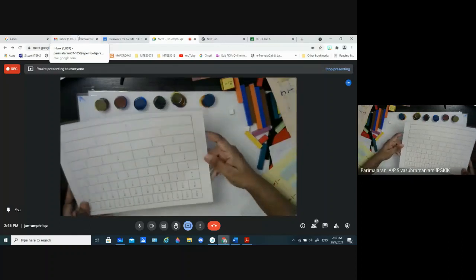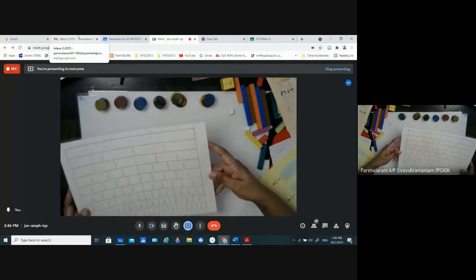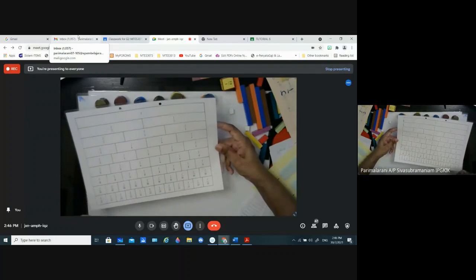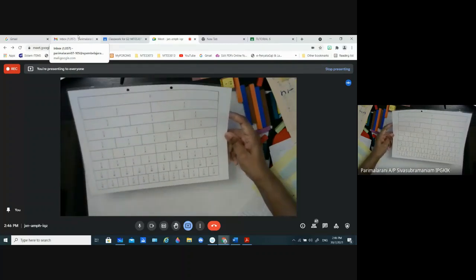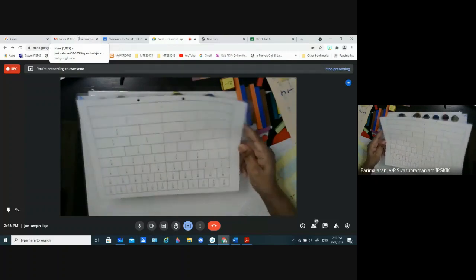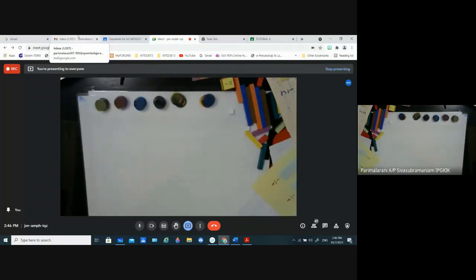Okay, you give it to the child, ask them to cut out the pieces like the fraction tiles just now. Cut out each single piece, put it in a plastic bag or an envelope, and then they can use it throughout the whole chapter of fraction. Anytime they're not sure, they can take this out and use this to solve their question. Okay, that is fraction tiles. And then we have another teaching aid that is called fraction